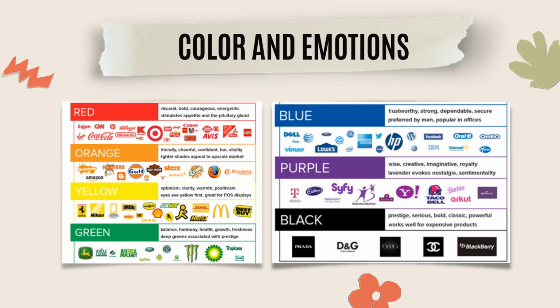Tapos yung green, ang balance, harmony, health, growth, and freshness. Yan po yung mga ginagamit ng mga mostly din po sa food or coffee or so yun, yung mga technology. Then sa blue naman po, yung trustworthy, strong, dependable, secure. And mostly ginagamit yan sa mga formal offices like or mga business. Yung DMCC, yung Facebook,